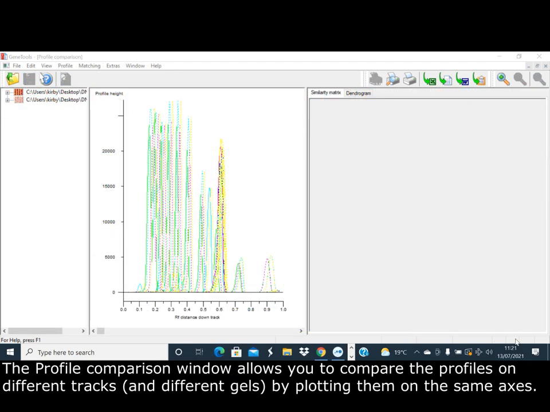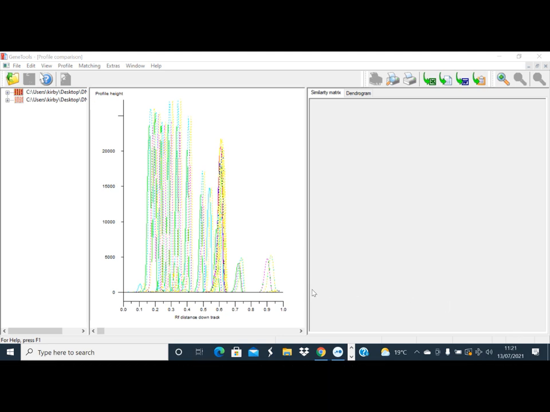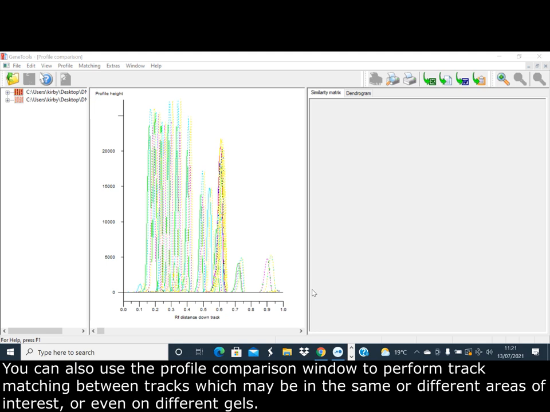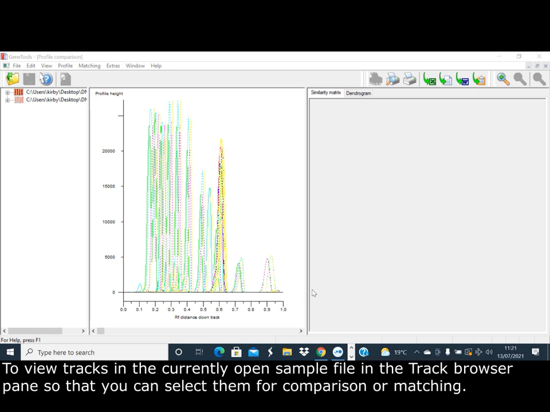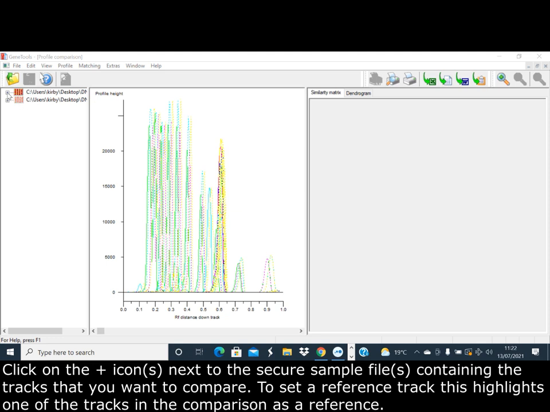The profile comparison window allows you to compare the profiles on different tracks and different gels by plotting them on the same axis. You can also use the profile comparison window to perform track matching between tracks which may be in the same or different areas of interest, or even on different gels. To view tracks in the currently open sample file in the track browser pane, so you can select them for comparison or matching, click on the plus icon or icons